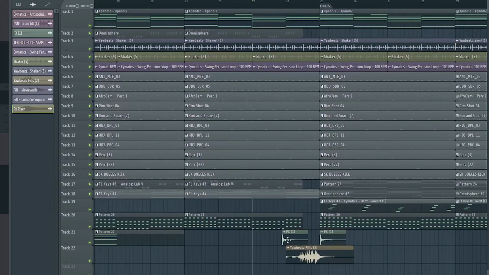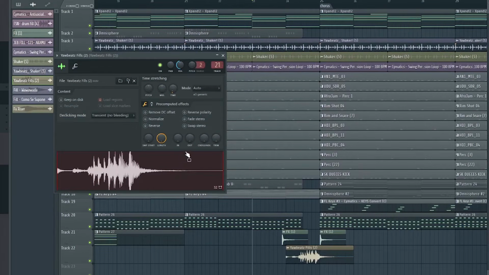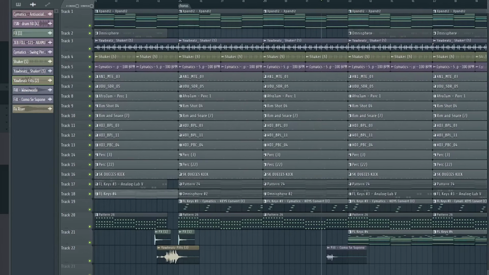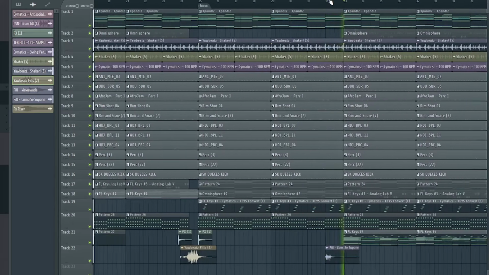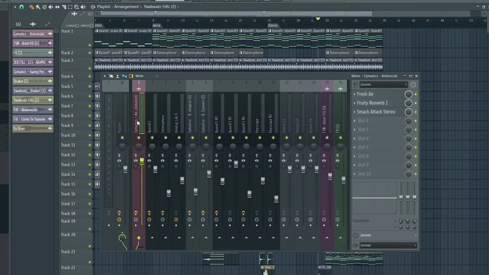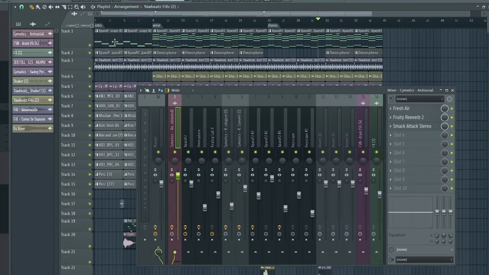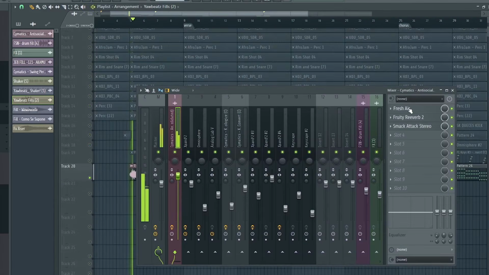Alright, so before the chorus comes in, I added another drum fill and another drum fill before the part 2 of the chorus. Now let's look at insert effects. With the vocal sample, it's just fresh air